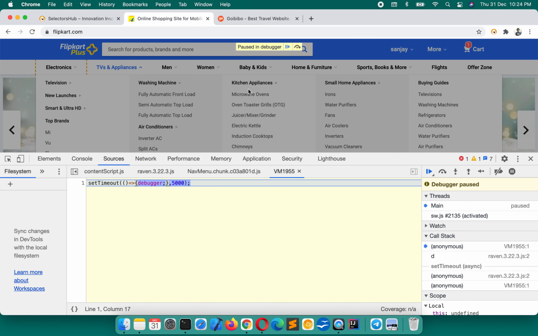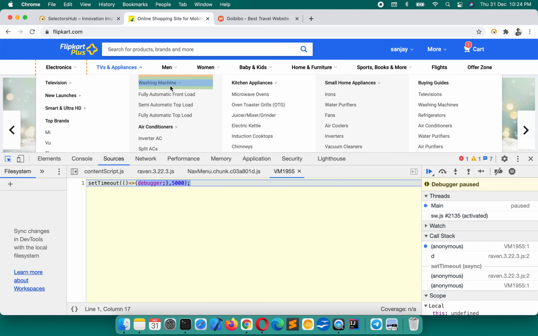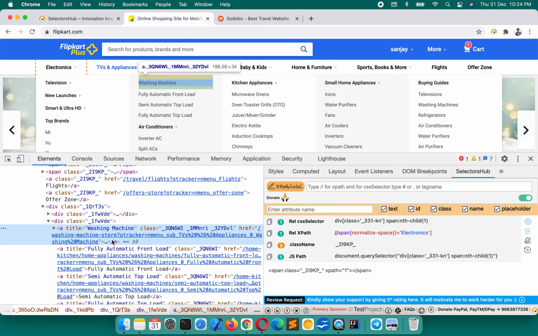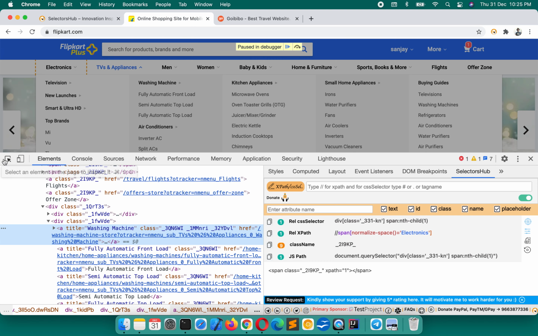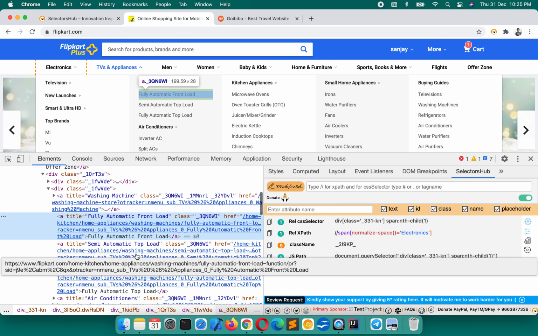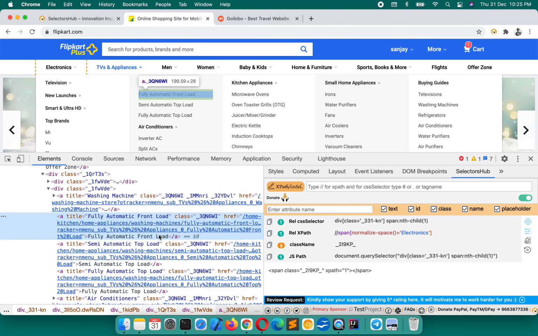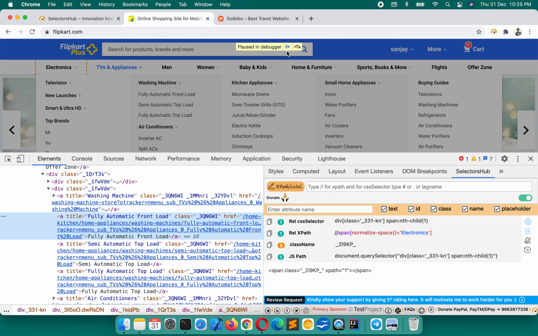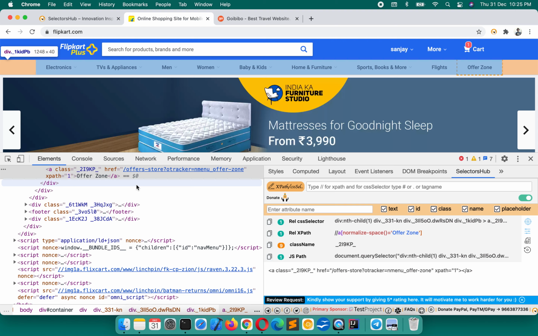Now your drop down is always open. You can inspect this element easily, and here is the DOM for that washing machine or anything else, and you can write the XPath for these elements easily. So this is another way, and once you are done, you can click on this and that will be done.